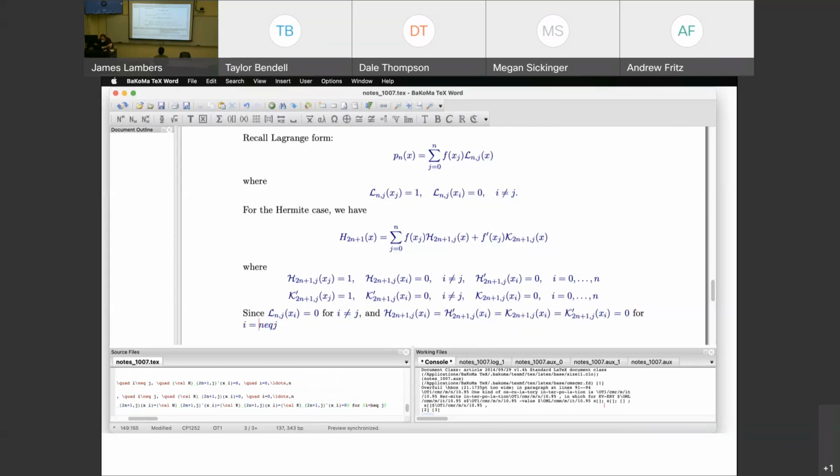Alright, so that means that for polynomial number j, x_i is a double root for both the h's and the k's. And since those roots are the same as the roots of this corresponding Lagrange polynomial, what that tells us